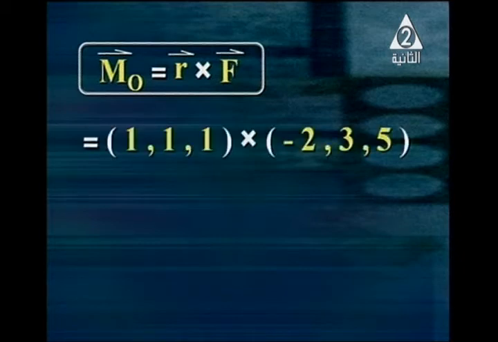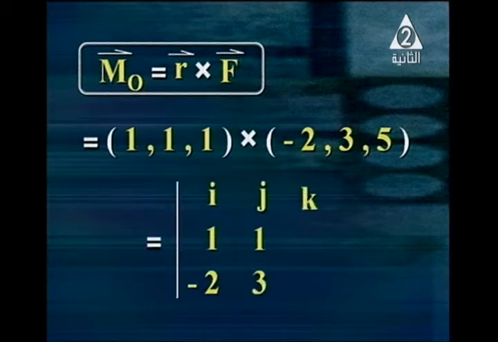What is the R vector? The position vector of the point in 3 dimensions. And the F vector, we have 3 dimensions, Fx, Fy, Fz, by using 1, 1, 1 cross negative 2, 3, 5. By using a determinant, we put i, j, k in the first row. In the second row, we put 1, 1, 1. In the third row, we put negative 2, 3, 5, the coefficients of the force. Then the answer is,